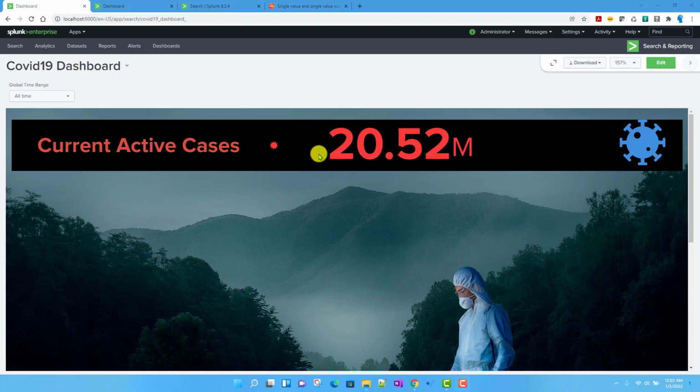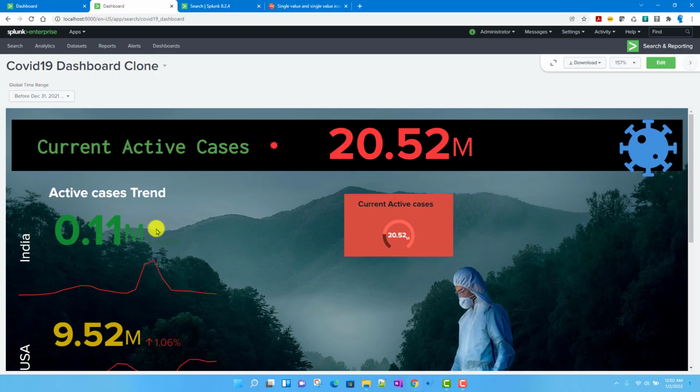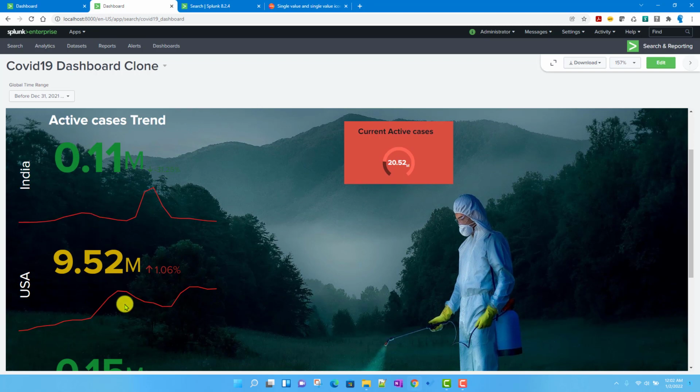As I told you before, there are three ways you can create single value visualizations. One is the single value icon, which we discussed before. Today we are going to see how to create the single value visualization just like we did in the classic framework, and there is another one called the radial chart, which we will see as well. If you remember, we are trying to create this kind of single values today.